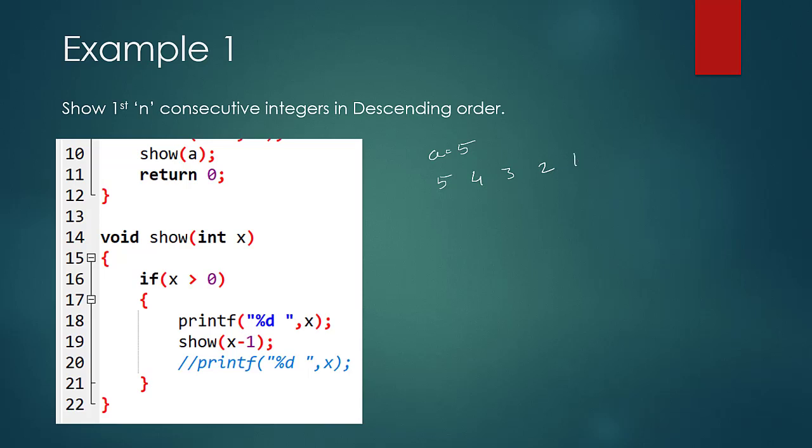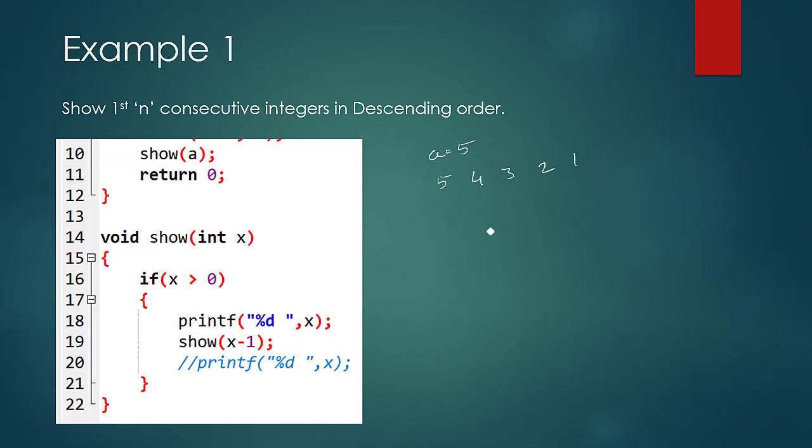To understand a recursive function or recursion, the best way is to use a recursive tree. Now, what is basically a tree? A tree has branches and recursion has branches. So to understand that, we are going to use a tree-like structure where there will be branches, and we are going to call that a recursive tree.